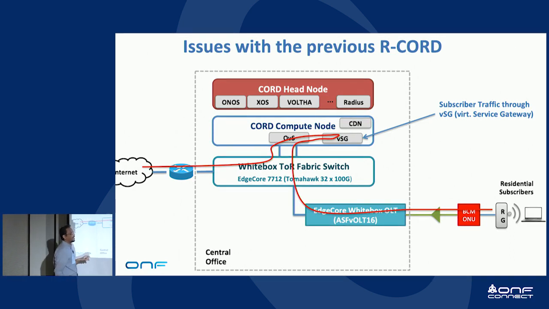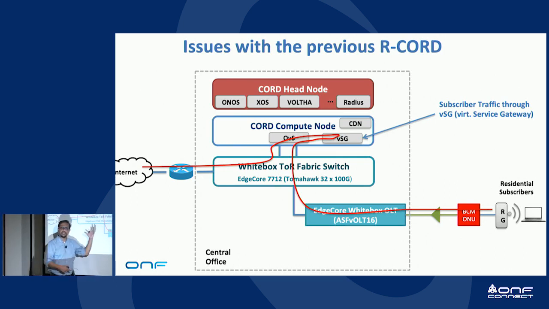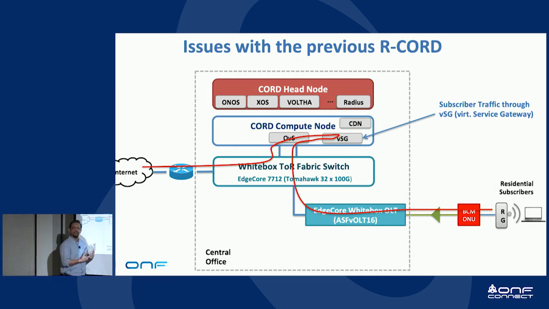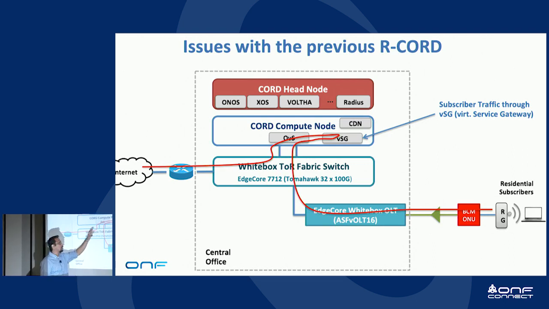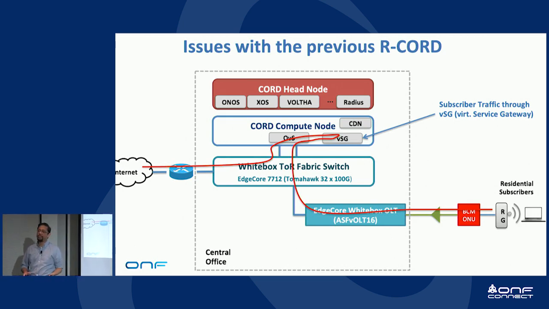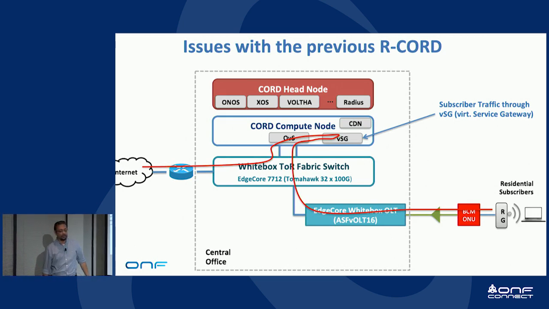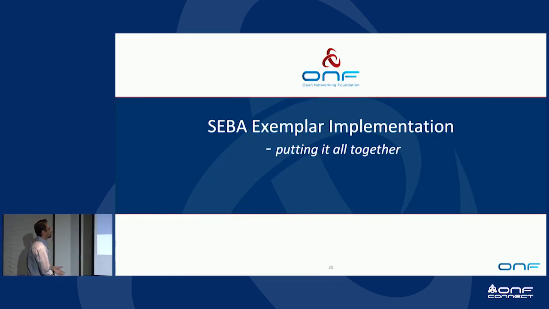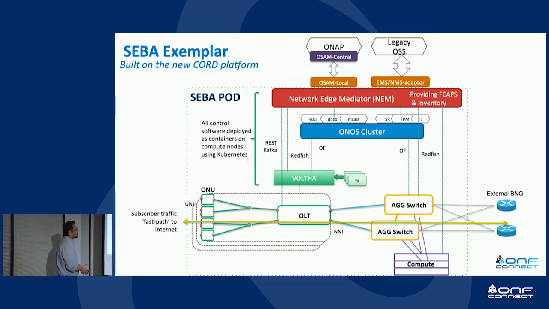The common case of getting high-speed internet access or IPTV access, all of that happens through the hardware now, and it's only in the 10% cases, once you've taken care of the 90%, where we do need to provide a certain service closer to the end user at the edge essentially, that's where we come out of the hardware. So that's a major difference between what we do in SEBA and what we used to do in RCORD.